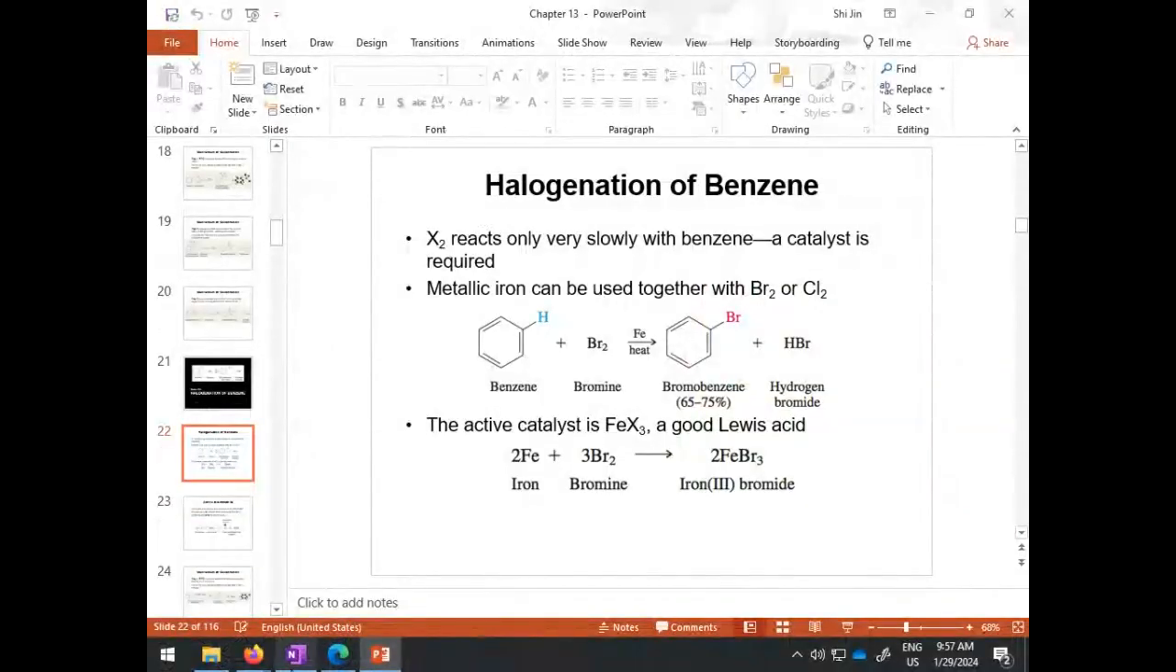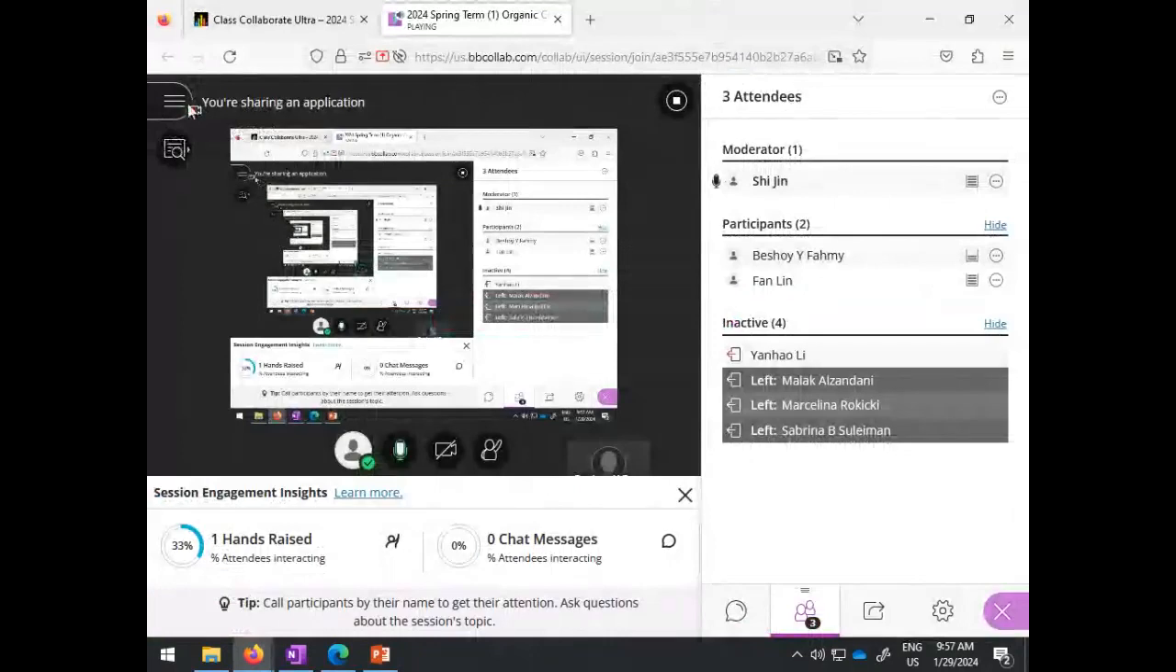Oh, yeah, because of the iron 3 bromide, chloride, because they are